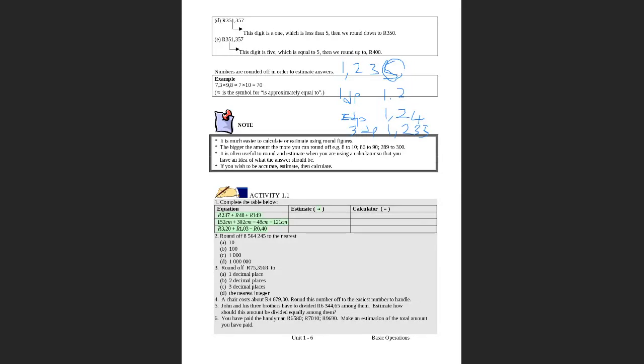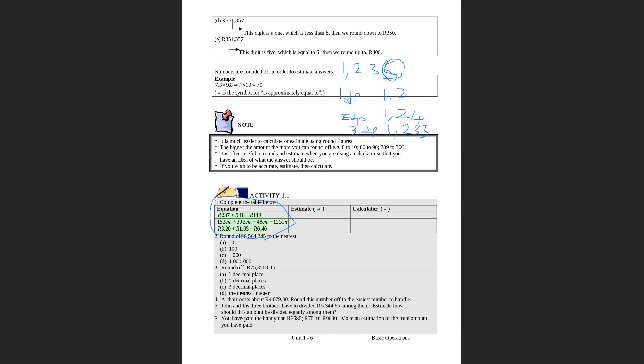So I hope you get the whole thing. If the number that they are looking at is 5 or more, you add 1 to the previous number. So let's look at this calculation. I believe all of you can do it because it's a simple calculation with your calculator. Now let us look at the questions. You asked for question 7, but let's look at all the questions, then we can go to question 7.